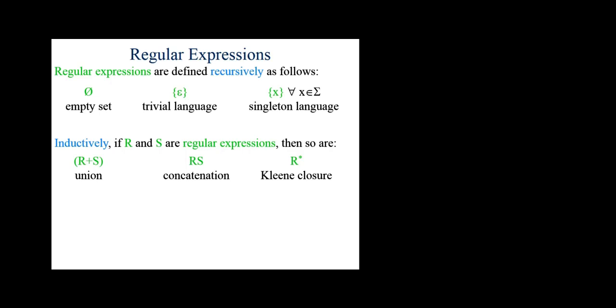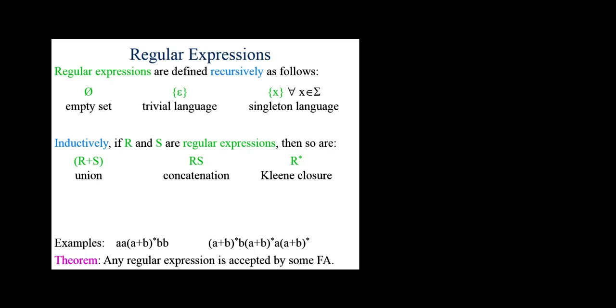But from these rules, you can keep compounding and composing them, apply these rules recursively, and then you can get arbitrarily large and complicated regular expressions. So, for example, here's a regular expression, and so is this. And they were built from this simple set of rules. How many get that? Okay. And most of you have seen regular expressions before. You've used them all over the place. And now we're going to study them a little bit more formally in the context of finite automata.